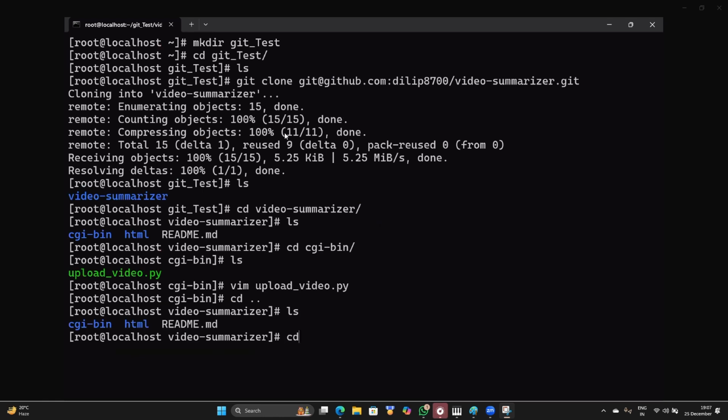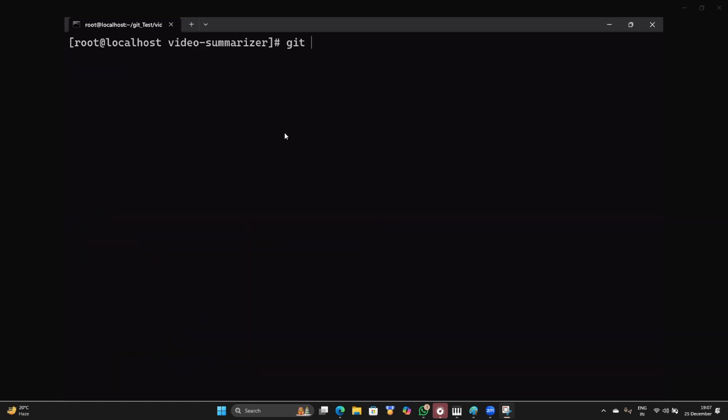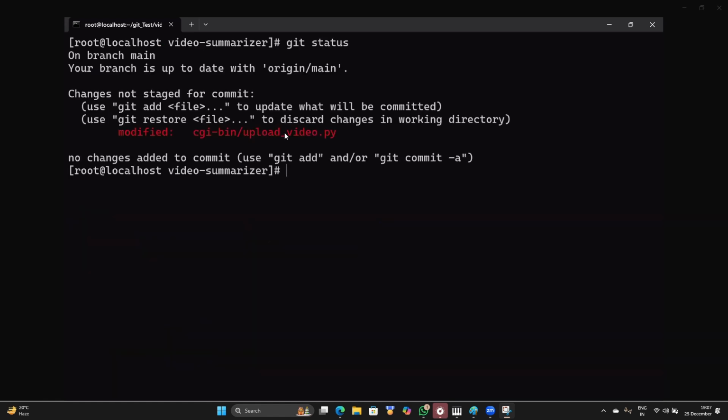Okay, let me use ls again. If you check the git status command, you can see we modified the upload file in the cgi-bin folder. So what we want to do now is use git add dot, git commit hyphen m. Okay, if you don't give the,